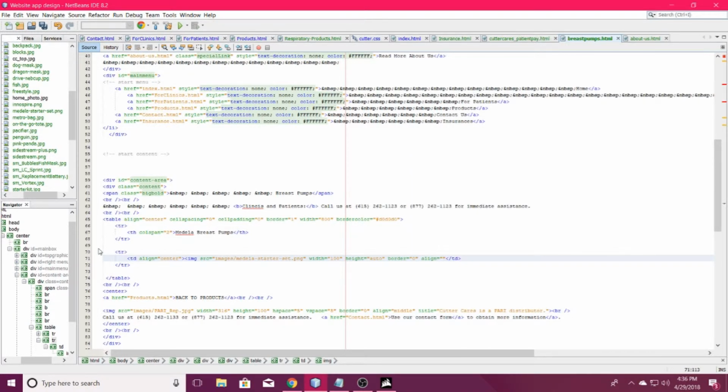I'm not sure if I have to have both of these aligns or not, but for right now we're going to go ahead and have them both just in case I do. I will check that out shortly. And then we're going to add in, since this is an image, an alt tag here that just states that this is an AmaraBella breast pump